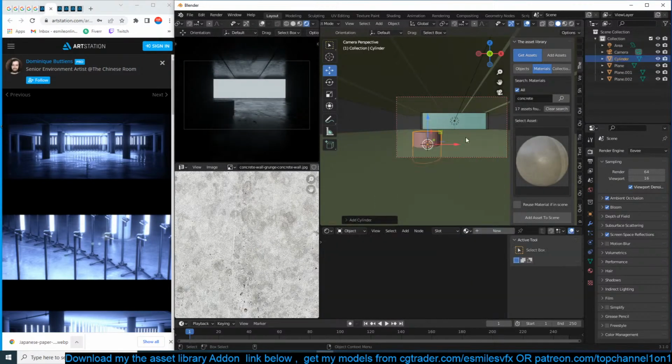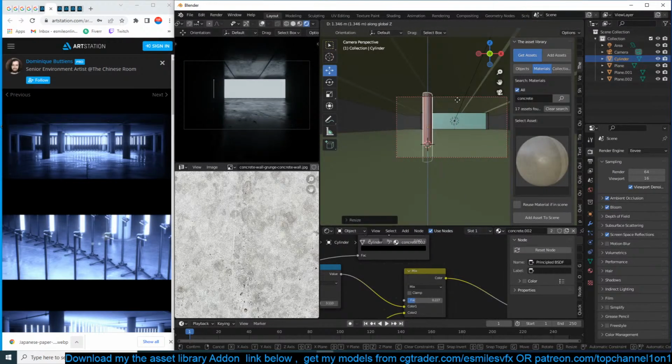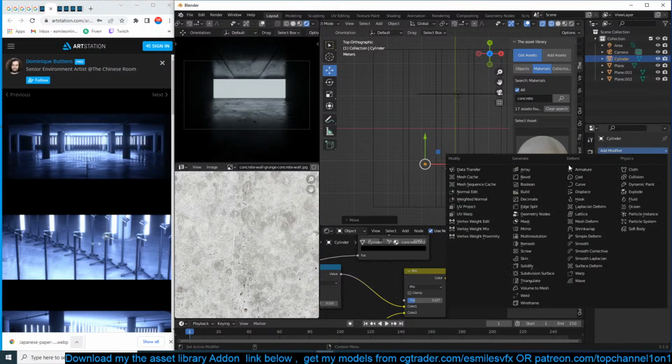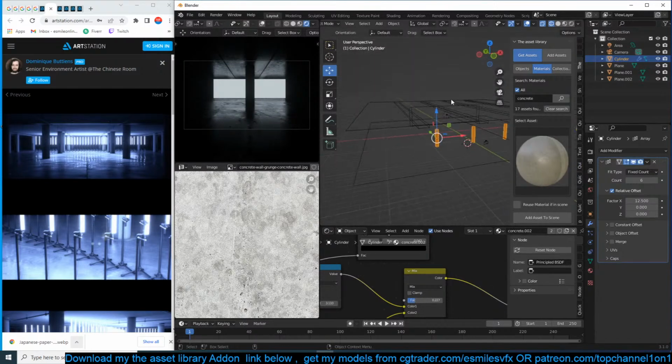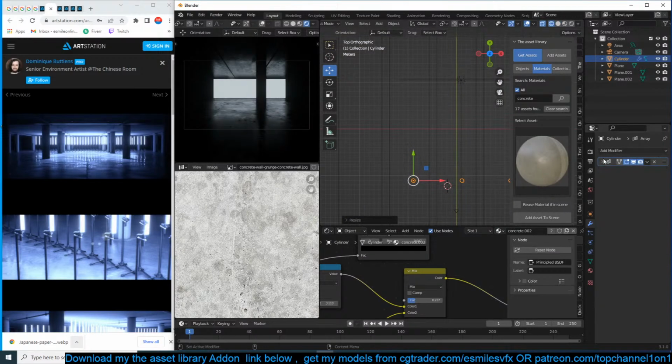Now let's create a cylinder. Have an array. Then another array.